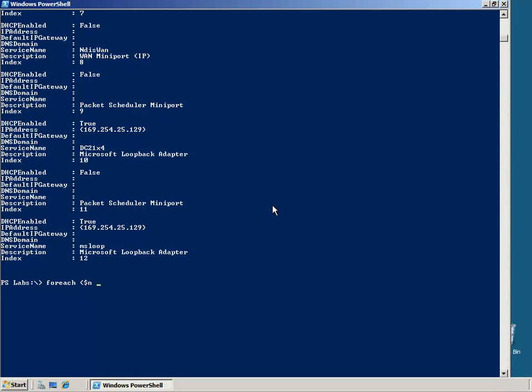And now what we are going to do, we are using the foreach loop, which basically takes the array of objects and does something with each member of that array. So in this case we are referring to each member of that array that we get from the Get-WMI command and we refer to it as n. It will be variable n, and the array will come from the command Get-WMI Win32_NetworkAdapterConfiguration from the computer name MTLCL1, just like we had previously. And then for each of these objects we will do what? So we started the code block,